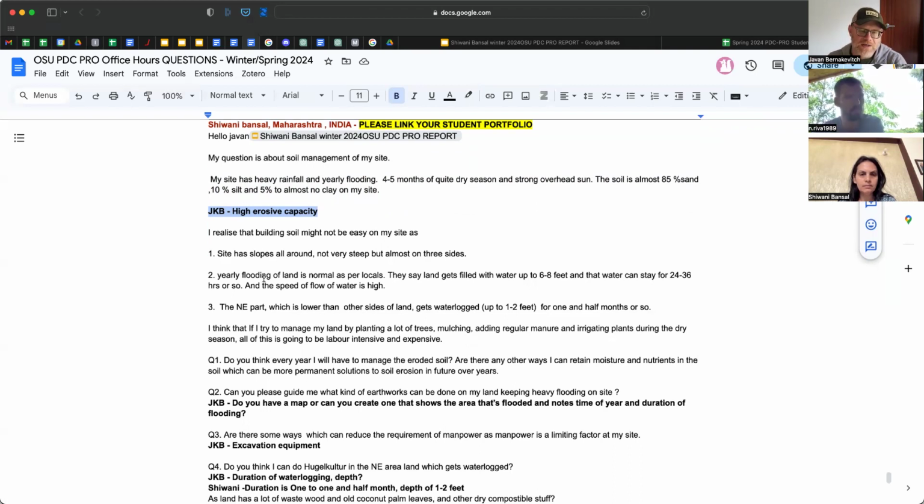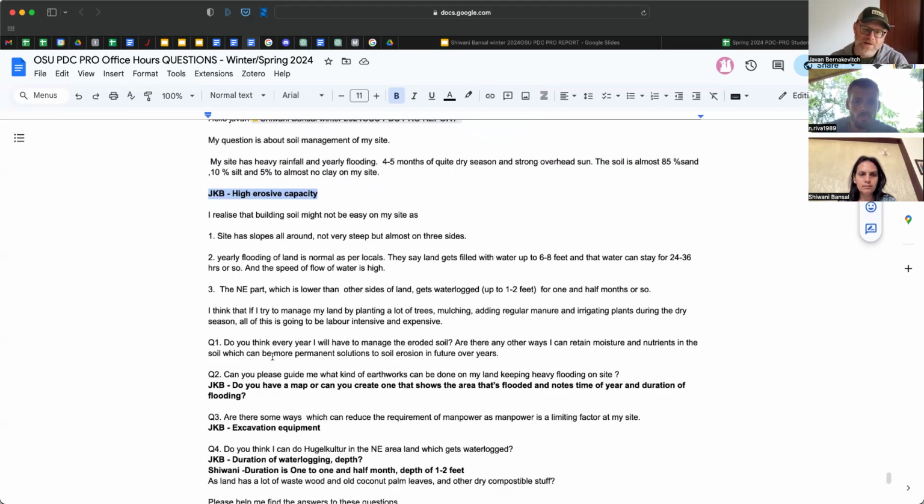I think that if I try to manage my land by planting a lot of trees, mulching, adding regular manures, and irrigating plants during the dry season, all this is going to be labor intensive and expensive. Okay, so question one, do you think every year I will have to manage the eroded soil? Are there any ways that I can retain moisture and nutrients in the soil, which can be more permanent solutions to soil erosion over further years? So at this point, we're going to go over to